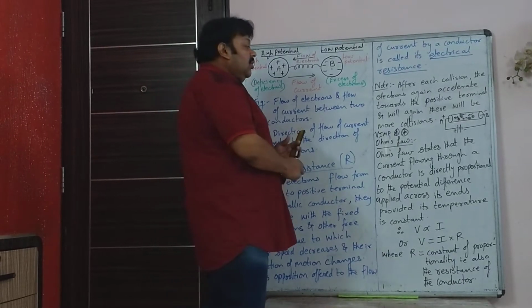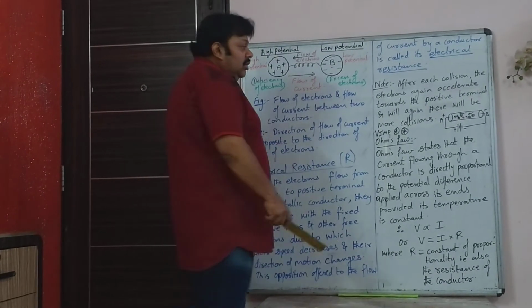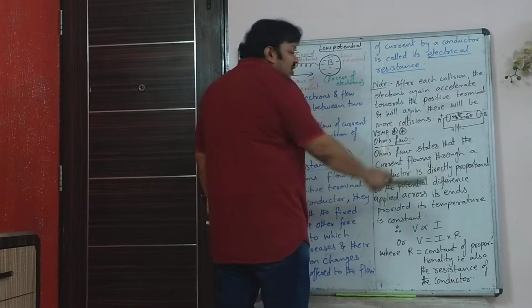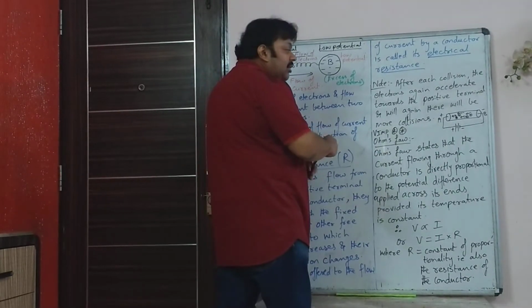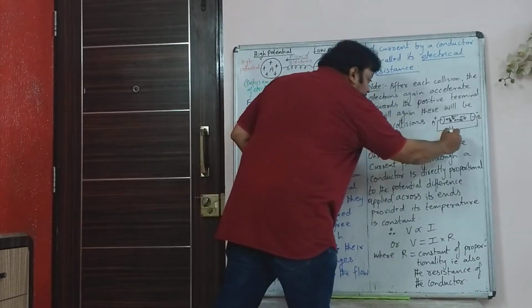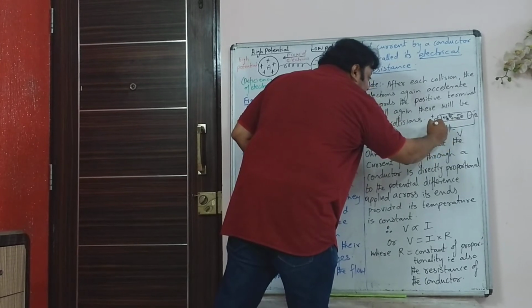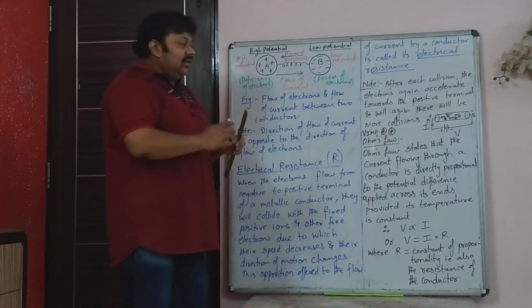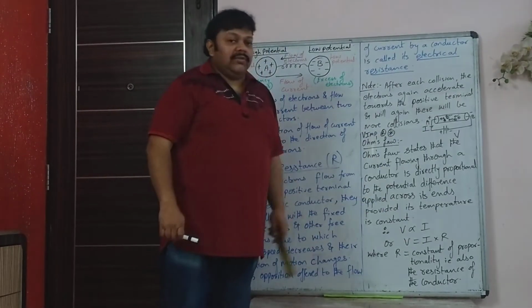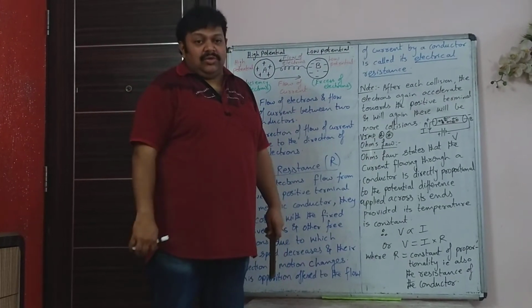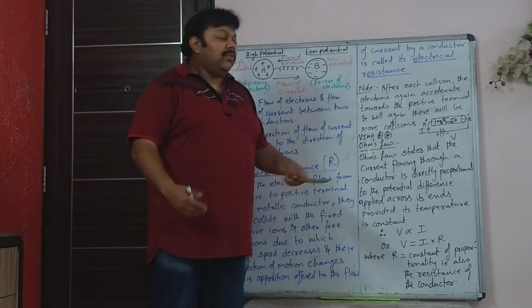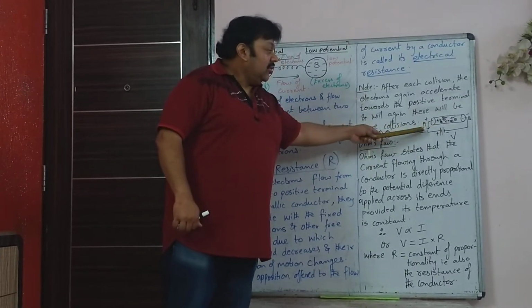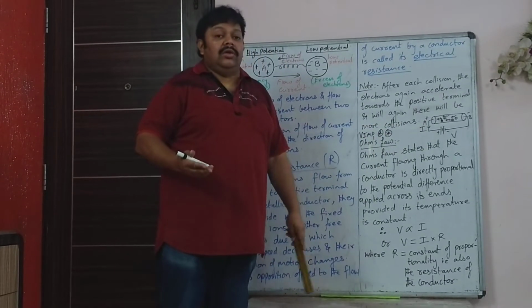So now, what does this mean? Let's say you have two cells connected and you have some current flowing. Let's say potential difference is denoted by V and current denoted by I. So in that, two cells were there. Now let's say you increase the number of cells and you increase the potential difference. Then you will find that the current also increases.